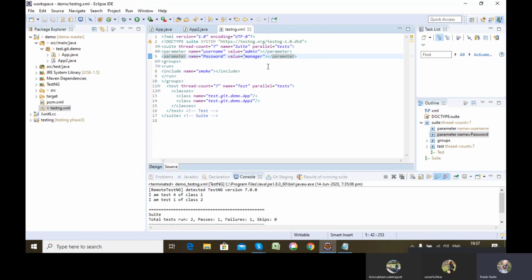Okay. Now I'll be using these parameters username and password in my test classes to use their values, that is admin and manager.